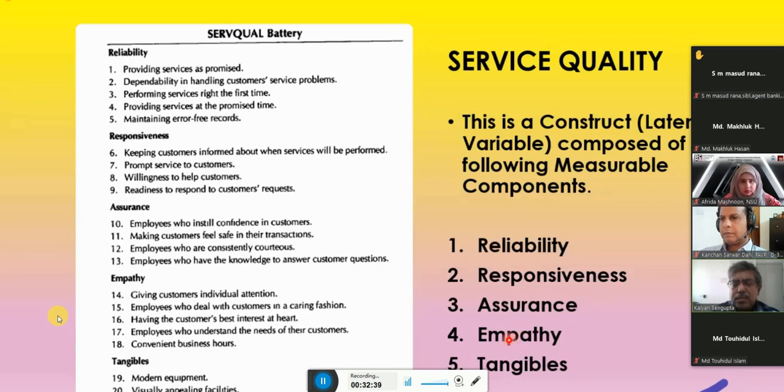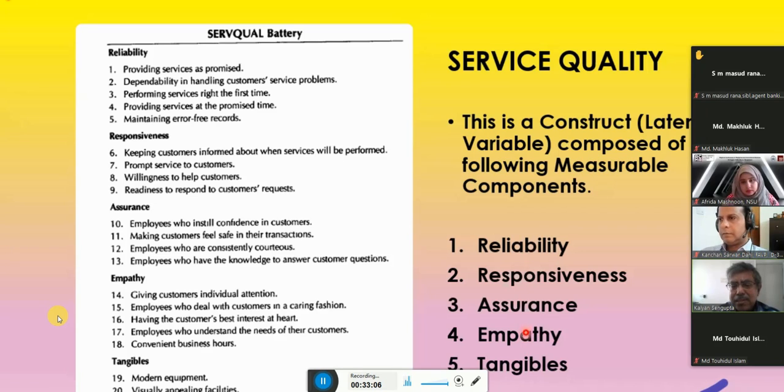And there is a fifth thing which is called the tangibles. This also helps us for the service quality. That is, what infrastructure they have. They have good computers, a very clean office, nicely maintained queues, which we can see. Numbers 1 to 4 are abstract; we cannot see them.